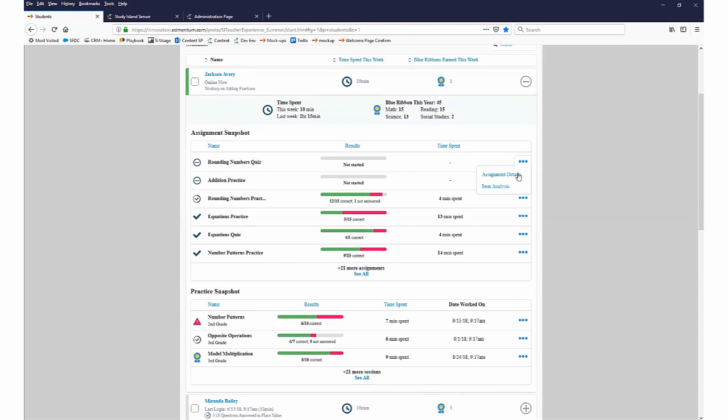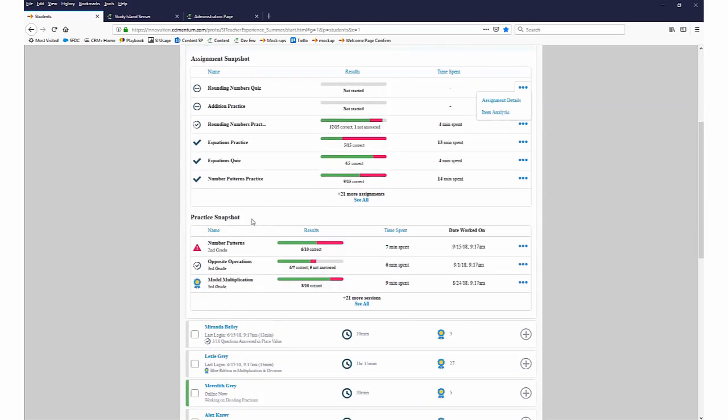Looking at the assignment details lets me see exactly what's on this assignment. And of course, the item analysis lets me dig deeper into how the student performed on the assignment. The practice section is where students either go in on their own, or if they go in their NWA learning path and work in Study Island, you'll see the grade level that they worked on, the topic that they worked on, and then how they did. And you have the same results, the same time spent when the work was completed, and you'll also have access to that